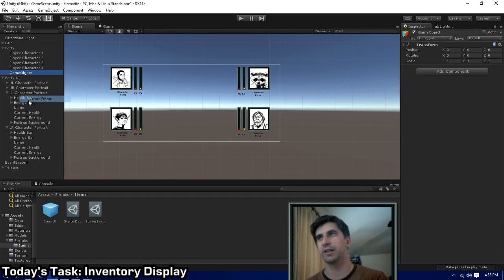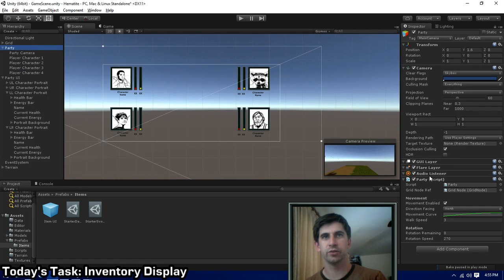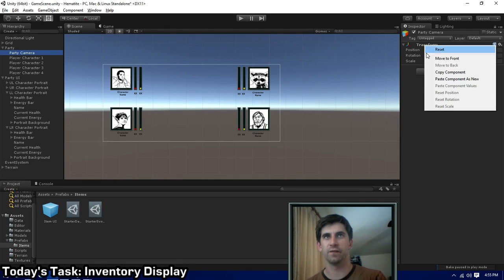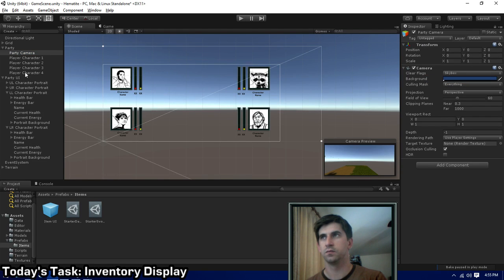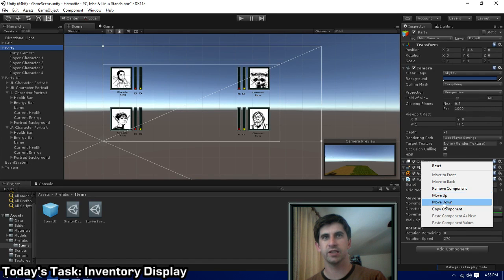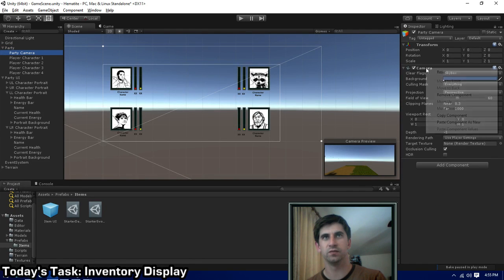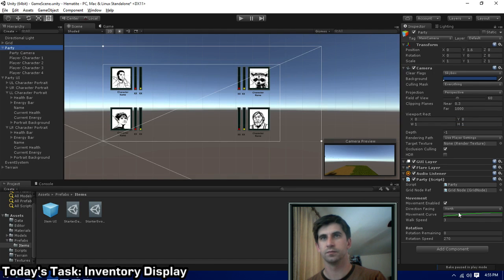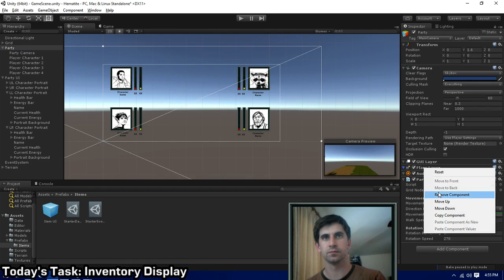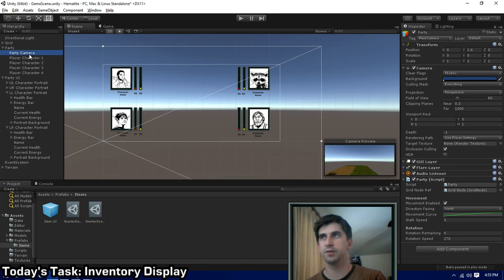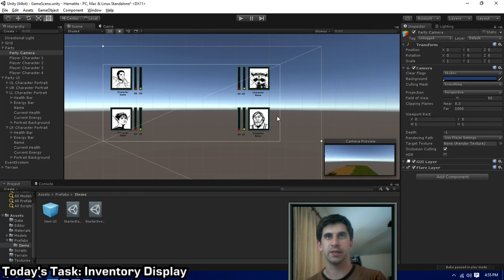I think I just have to break the camera off into its own thing. So here's our party camera, and we put it there, and we're just going to take the camera script that is here, and we're just going to shift it here. And because I want the rest of this stuff, I'm going to copy this across as well. Copy component, paste,